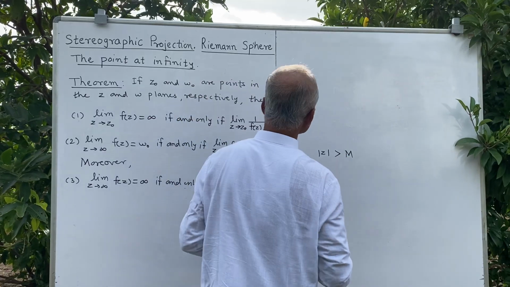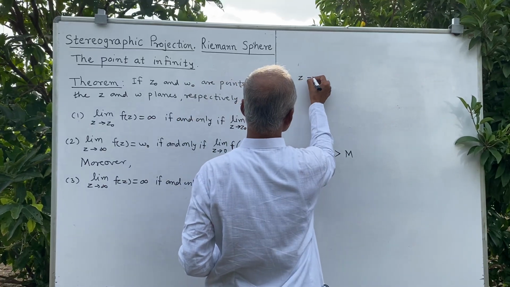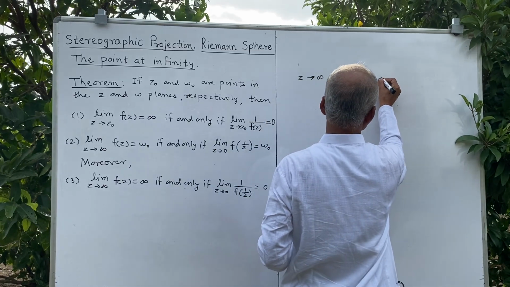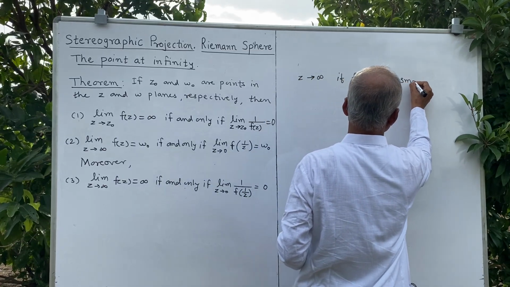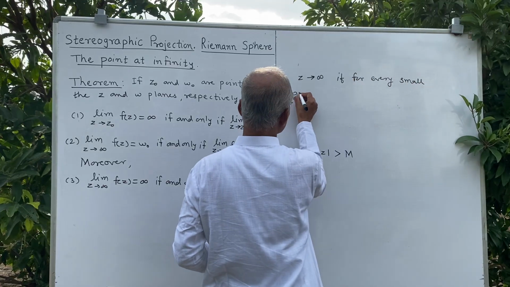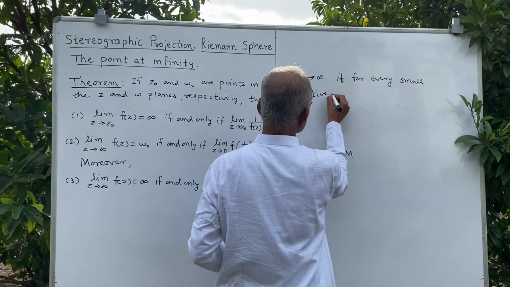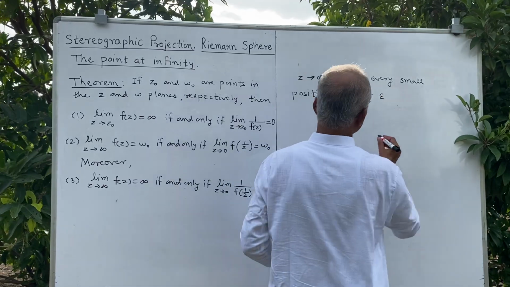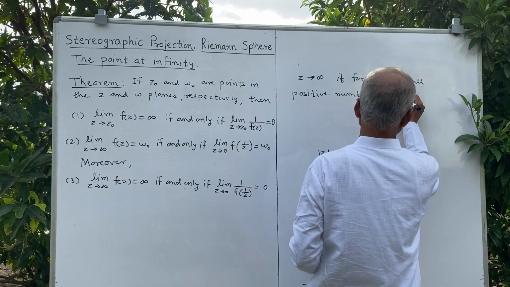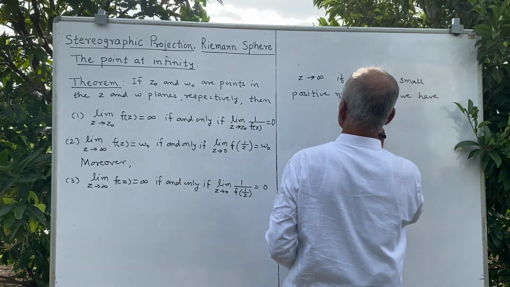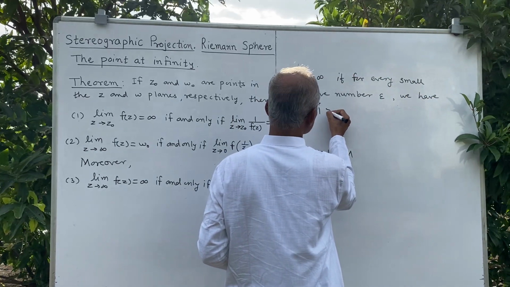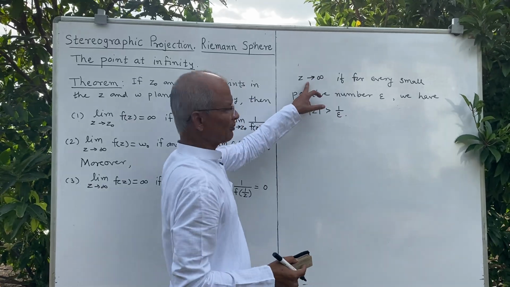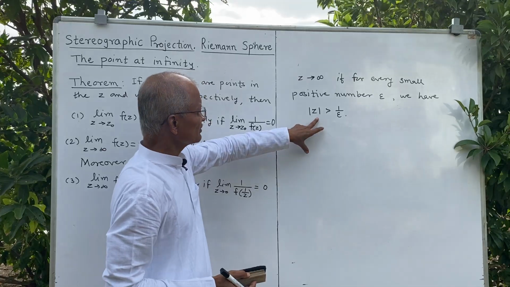Or we can say z approaches infinity if for every small positive number epsilon, we have absolute value of z greater than 1 upon epsilon,